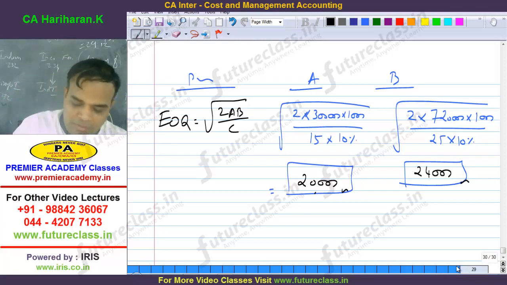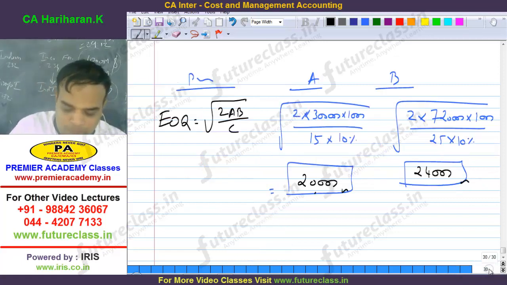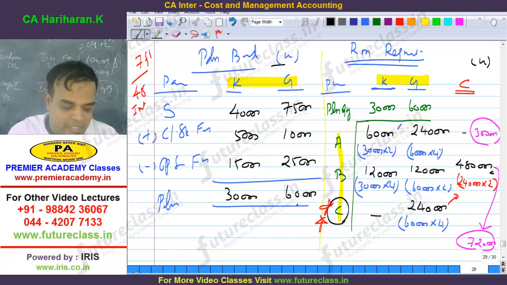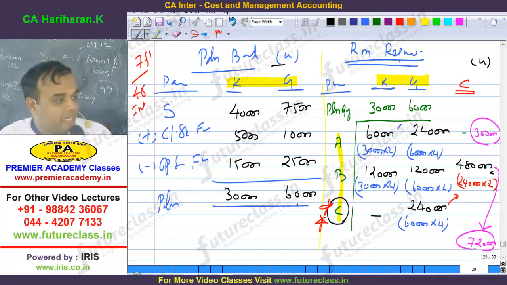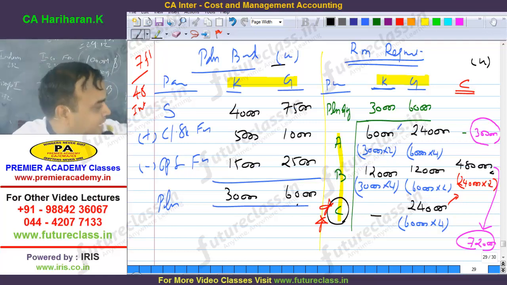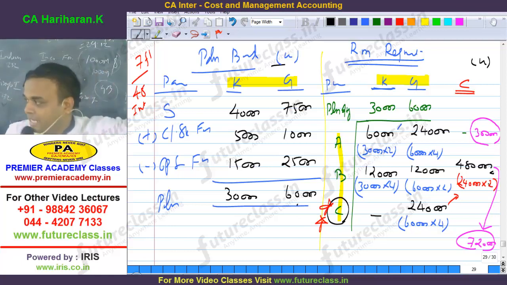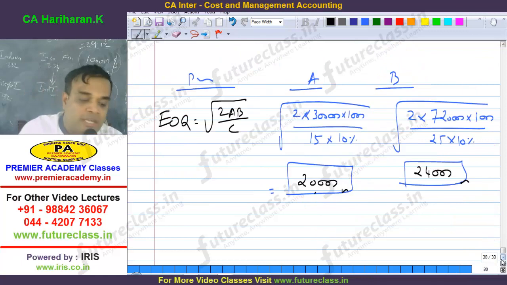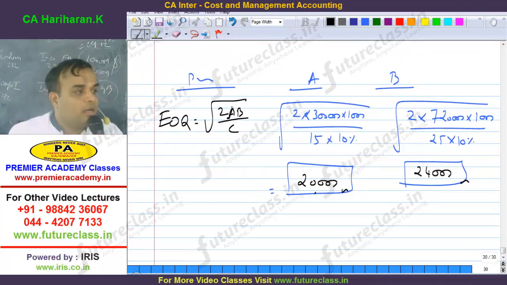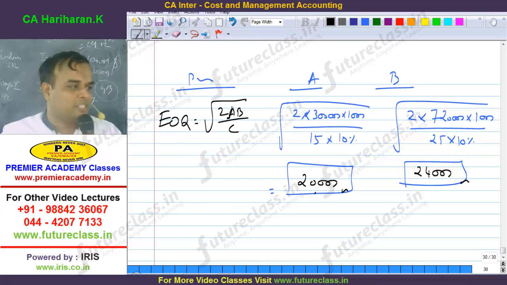Suppose the budget we prepared, A represents annual requirement. The budget figures 30,000, 60,000, 3 lakhs and so on are per annum. Expected production 30,000 per annum for A and so on. Suppose it is given for the quarter, question fully for the quarter. Then with respect to EOQ, you have to compute based on annum. In the exam, such a changed question has very much chances. Are you able to understand my logic or not? Are you with me? It is there in the study material or practice answer.